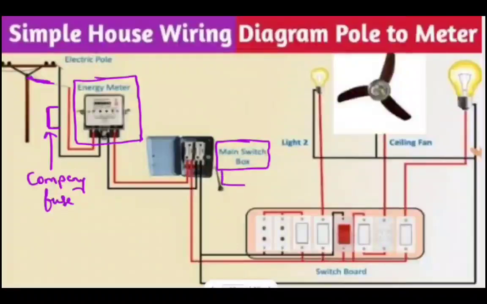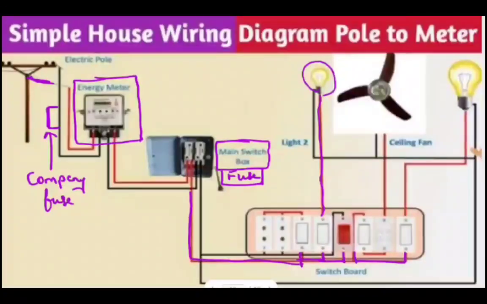This main switchboard will also have a main fuse, children. I will explain the meaning of fuse as well. What is a fuse and what is its function? And from this main switch box, every live wire goes to these sockets in the walls of your house. And from here, if this is for the bulb in your house, you turn on the switch,